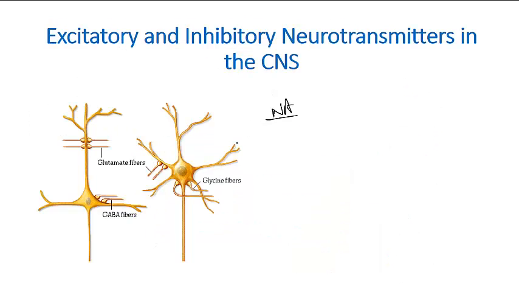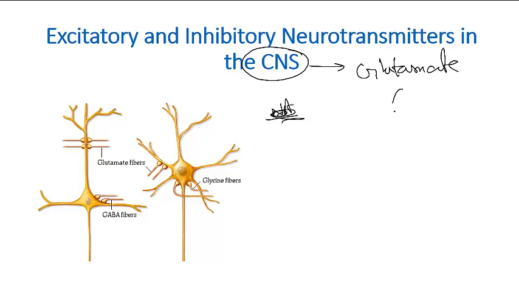If we talk about the excitatory and inhibitory neurotransmitters in the central nervous system, glutamate is the most common and most potent excitatory neurotransmitter. Glutamate, simply write it as GLU. Glutamate acts directly on the ion channels that permit the passage of both sodium and potassium, producing a fast excitatory postsynaptic potential. So this is the major excitatory neurotransmitter,